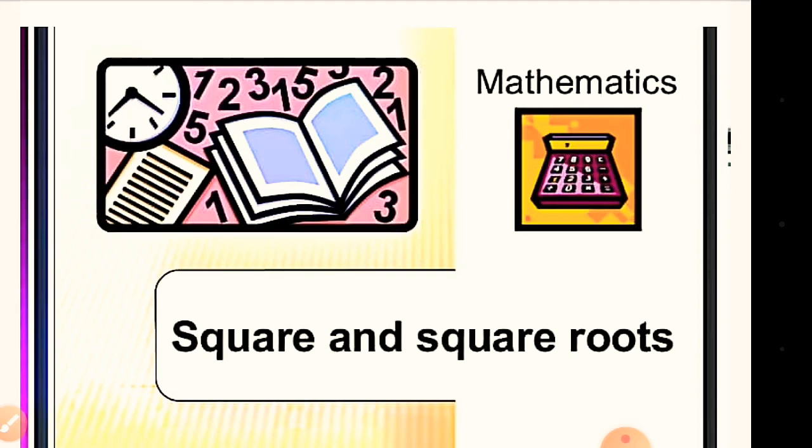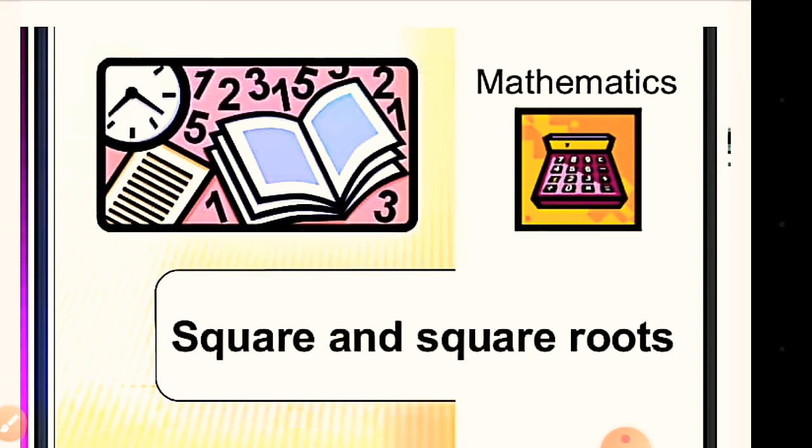So here square means whenever we multiply the same number two times, whatever answer we get is called the square of that number. You have to multiply the same number by itself. For example, 2 multiplied by 2: the same number is taken two times. You can't take 2 into 3 or 2 into 5, different numbers. No, the same number two times, and whatever answer you get is called a square.